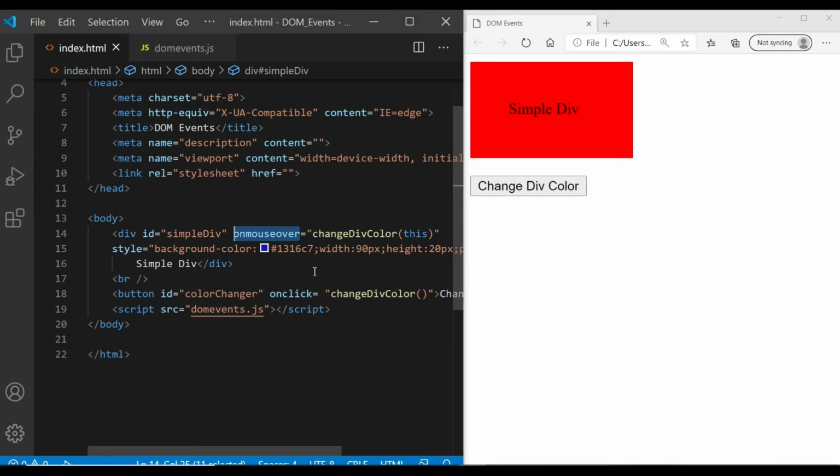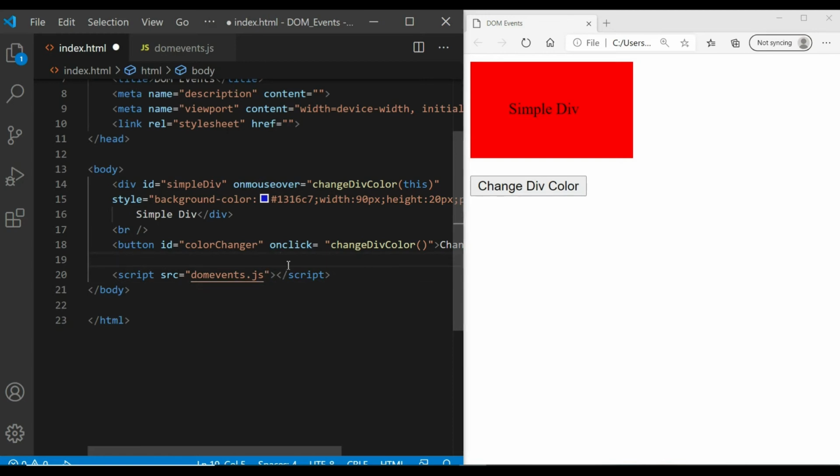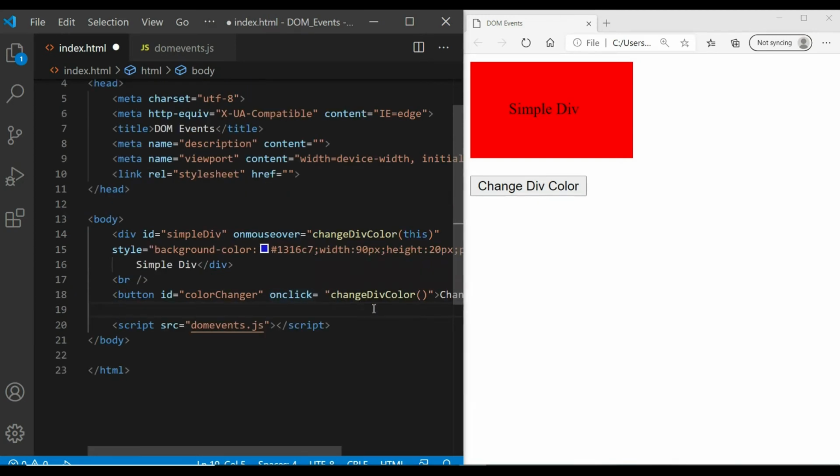If you want to check something whenever your value is changing in the text box, you can have something like that as well in your elements, right? There are so many events which you can use, and we are seeing some examples, and I just want to explain what events are and how they work.